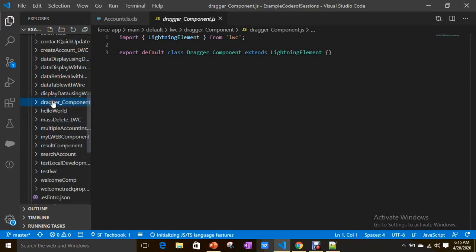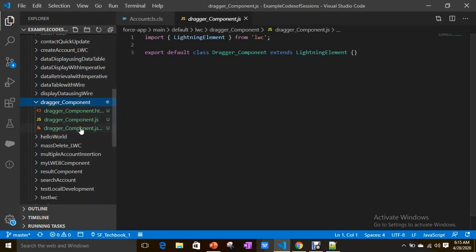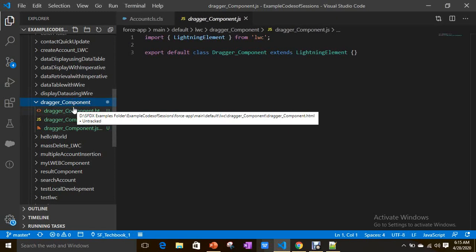Now I have a Dragger component with an HTML file, a JavaScript file and a meta file. I also want to add some styles, which is not related to drag and drop.